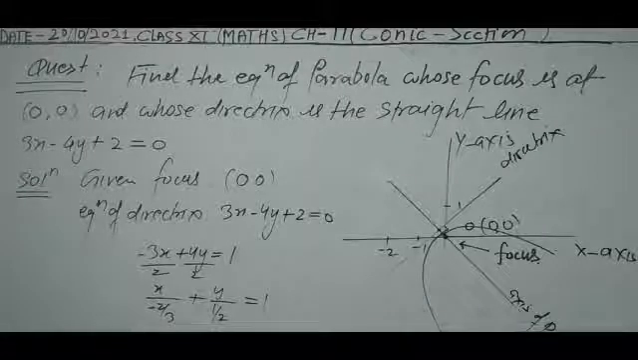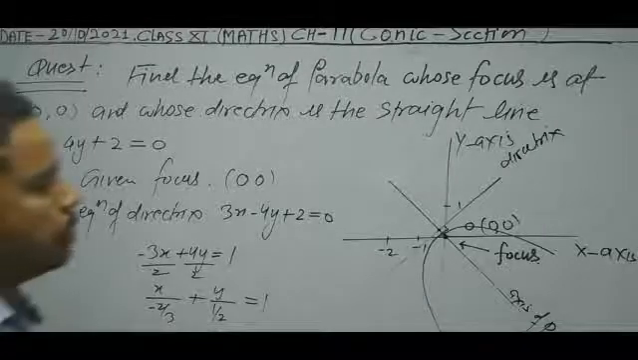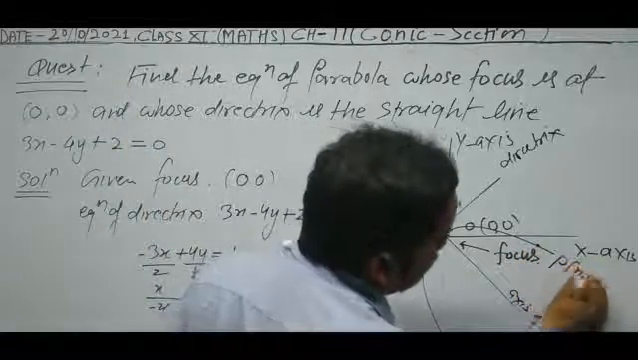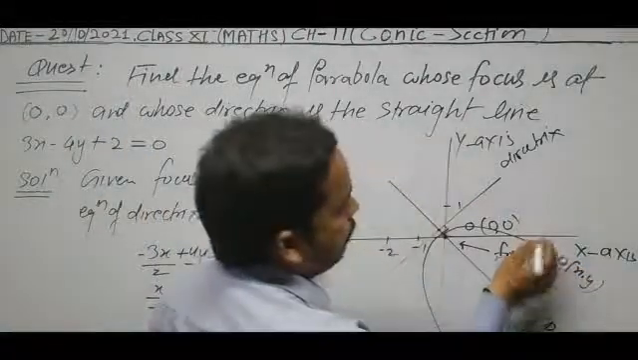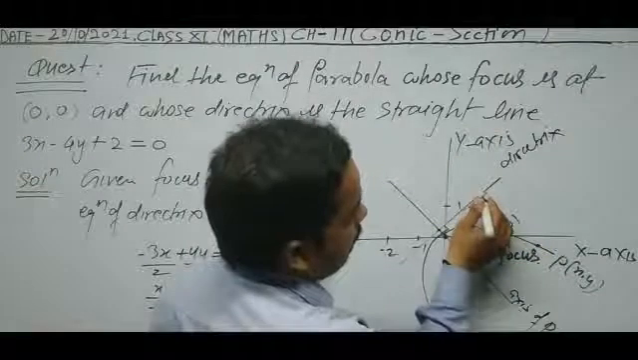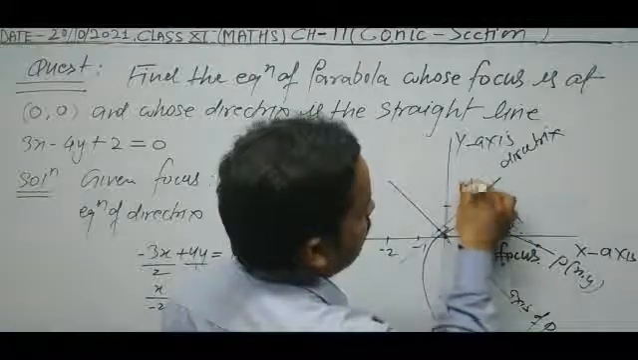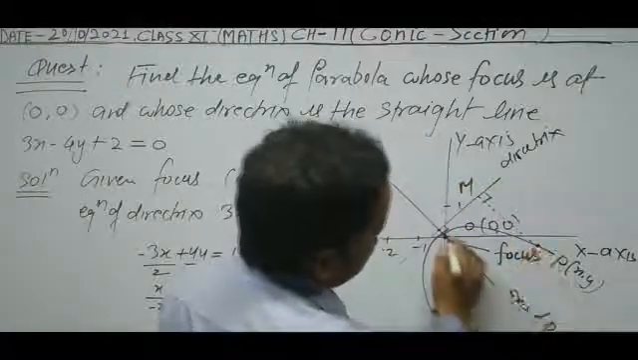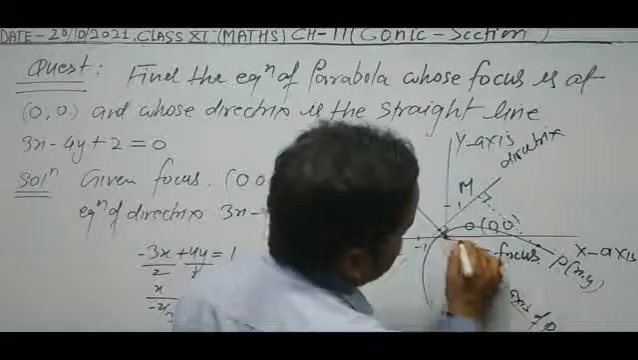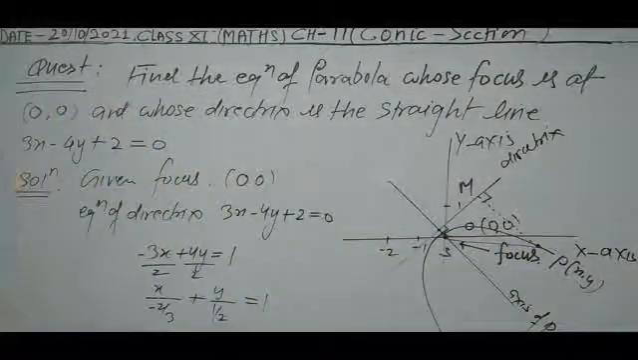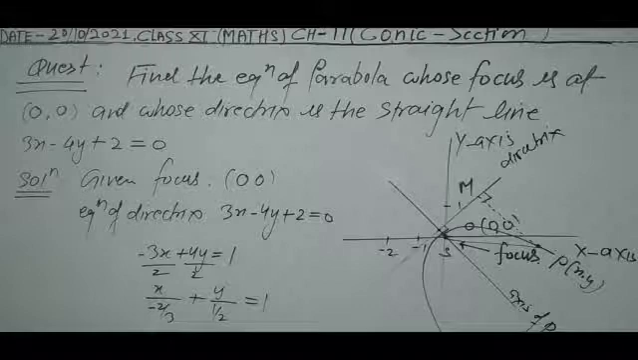And now we have to calculate its equation. Consider any variable point P having coordinates x, y, and draw the perpendicular from P to the directrix. This is the perpendicular, consider it PM, and consider this point S, the focus. Now from the figure we can write